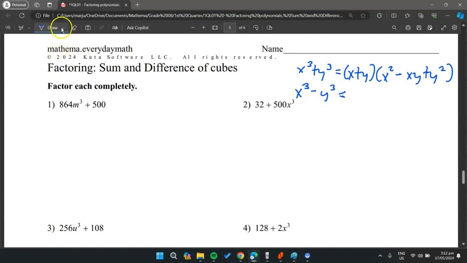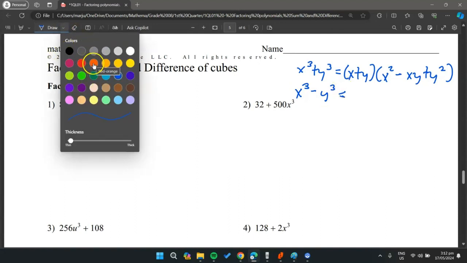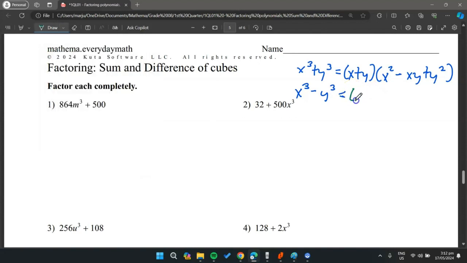This will give us, let me just use another color, the quantity x minus y times x squared plus xy plus y squared. So we are going to make use of this information to solve the sum and difference of cubes. So let's start. For number 1, if you're going to look at